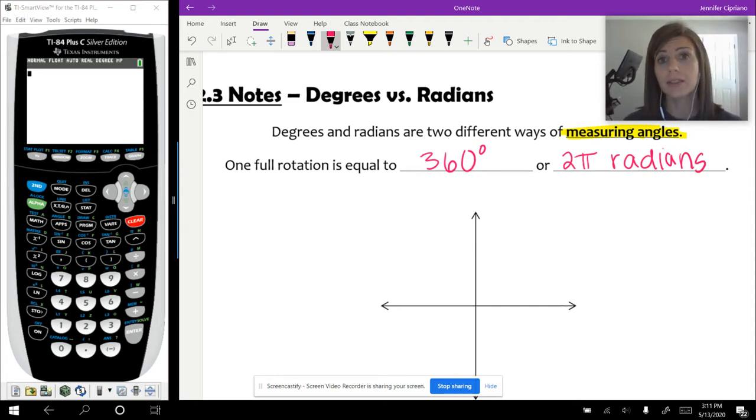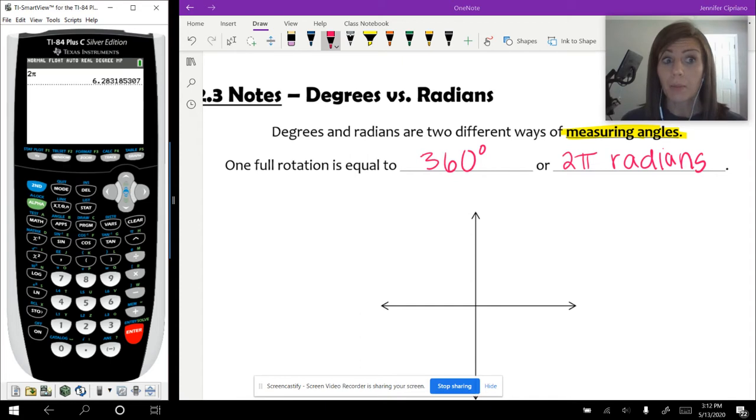A lot of times in radians, pi will be a part of your measurement. And the reason for that is because that's an exact conversion. There are exactly 2 pi radians in 360 degrees. Those two measurements are exactly the same. Over here in my calculator, I'll show you that if I actually put in 2 pi